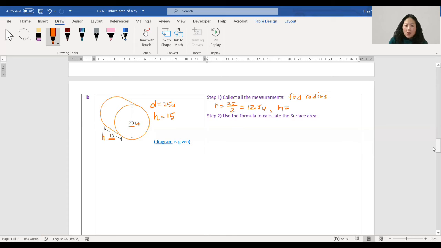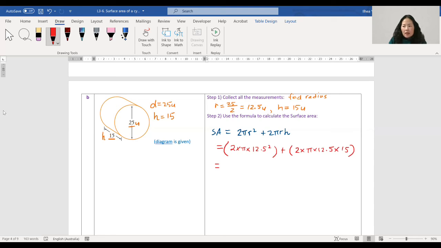And then I have height as 15 units. Surface area for a cylinder is 2 pi r squared plus 2 pi rh. So let's put all the measurements into the formula. The 2 circles first: 2 times pi times the radius, which was 12.5, squared, plus the rectangle part, 2 times pi times 12.5 times 15. Put all that in my calculator, I will have